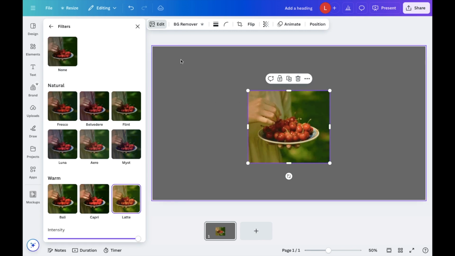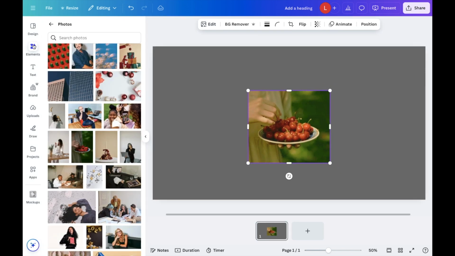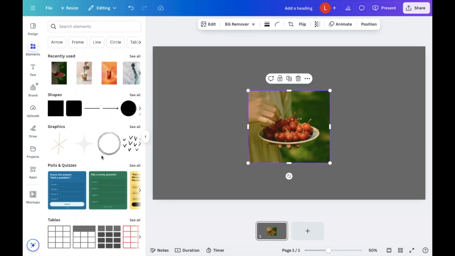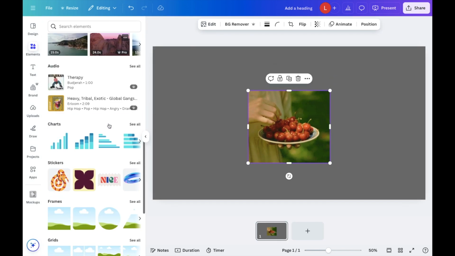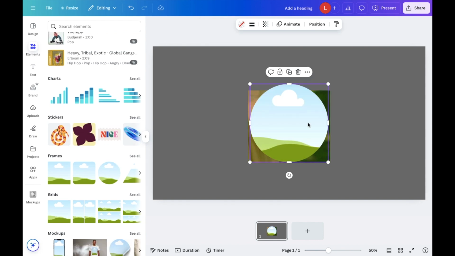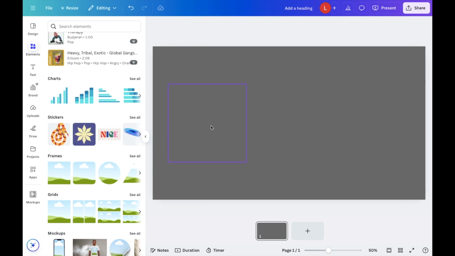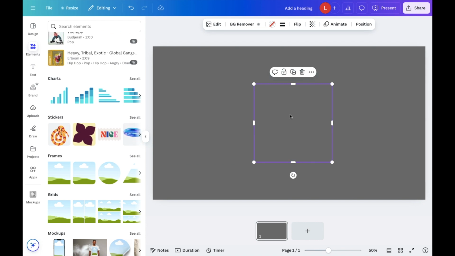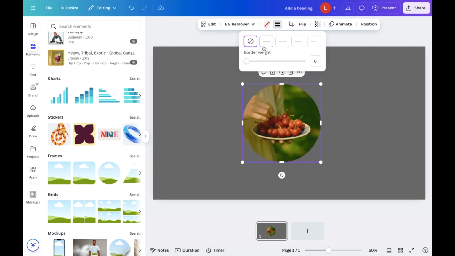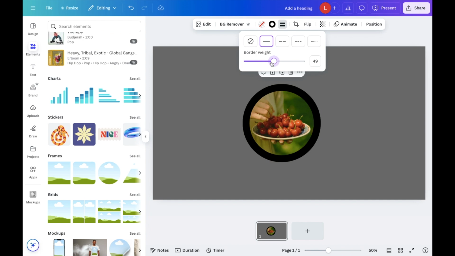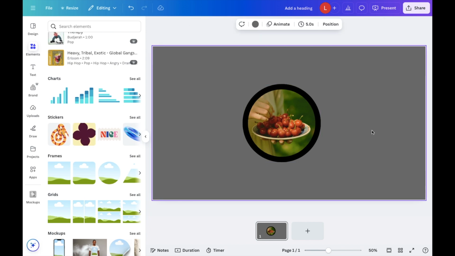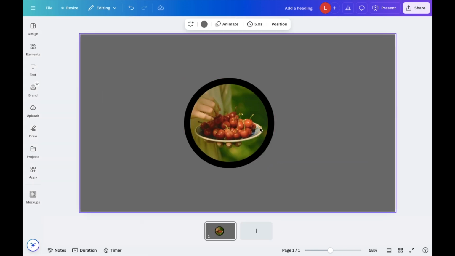Let's also crop this into maybe like a circle, whatever the case may be. We'll just scroll down to where there's frames, add a circle right here, crop this into the circle, and this is my masterpiece. We'll also just go ahead here and add a border style, just like that. That's my masterpiece. Now, if you want to duplicate it, the simplest way to do it is to press on